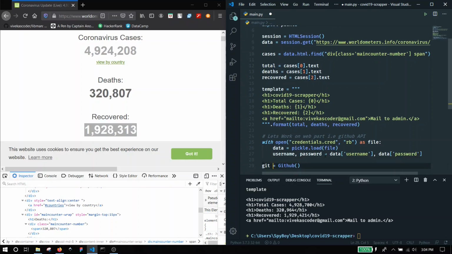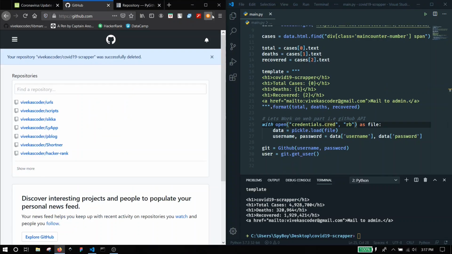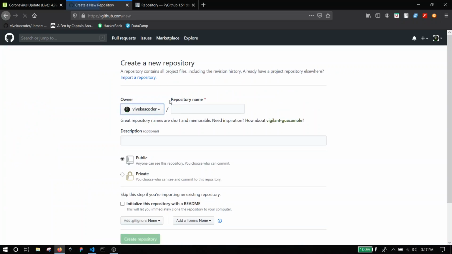So once you got this, now let's provide it inside the GitHub username and password. So now it's done. Let's make the user object by typing user is equals to get_user, and you don't need to pass any parameters in it. So now let's make a repository that is going to store our static file, right? So let's name it COVID and add a description to be a web scraper application in Python, right?